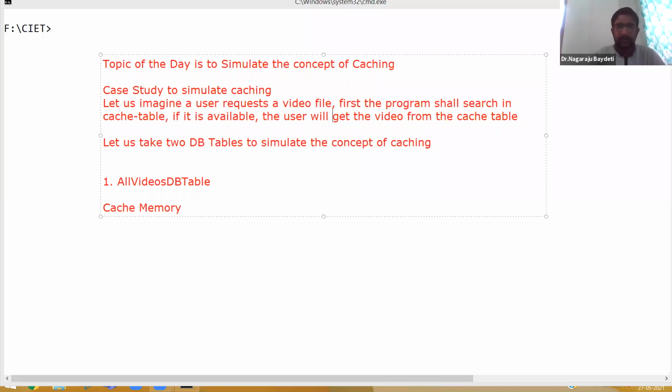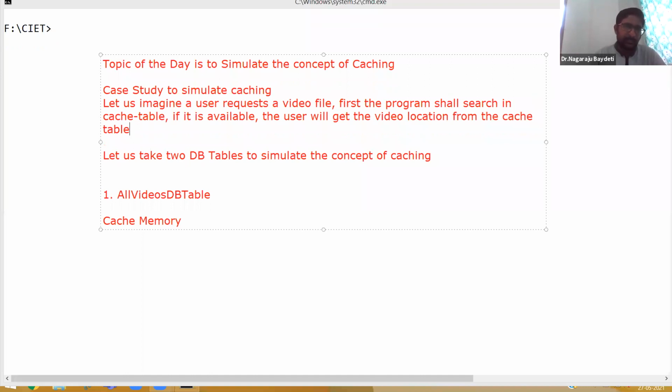Not the entire video, the user will get the video location from the cache table, because I cannot store the entire video in a table.